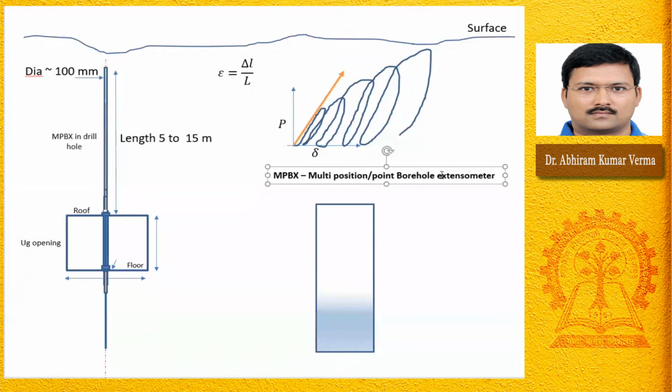The diameter of each rod may be around 10 mm, 1 centimeter, of the rods which we are inserting over here, and you can see we are applying the load from here. Here we have a flat jack arrangement we have seen, and from here we are pushing it apart, right? We are applying a force which will try to push the roof in the upward direction. It will also push the floor in the downward direction. So we are applying two opposite forces,